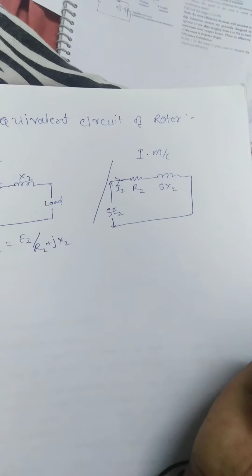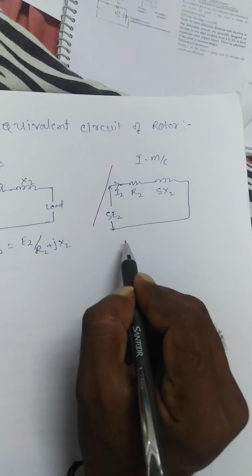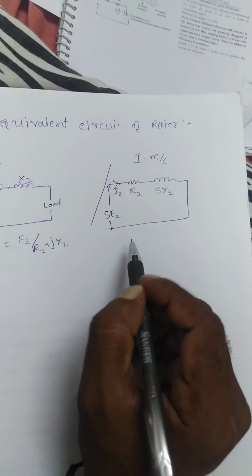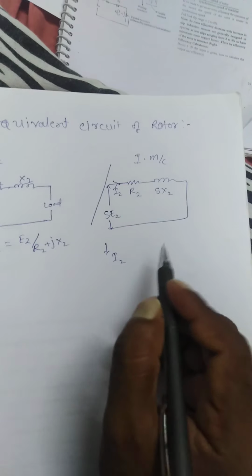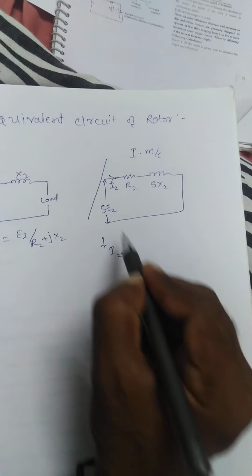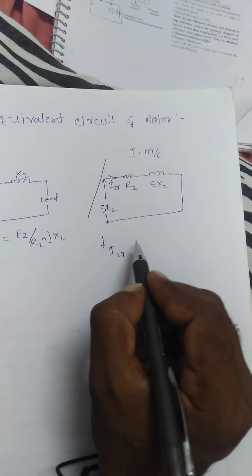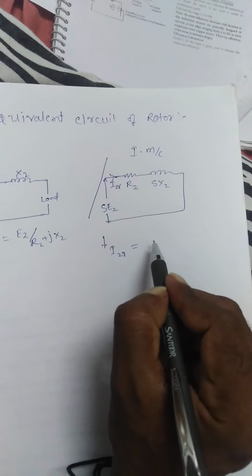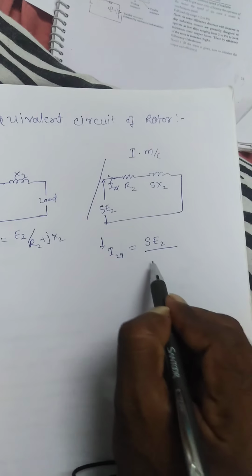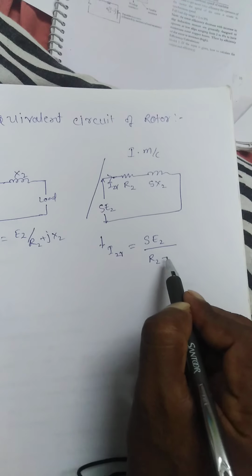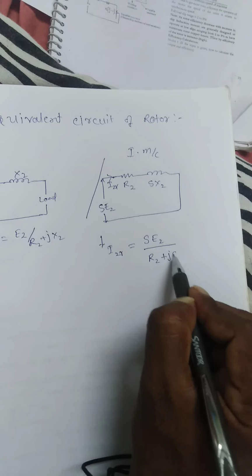So from this circuit, I2 running, I2r, equals sE2 by R2 plus jsX2,